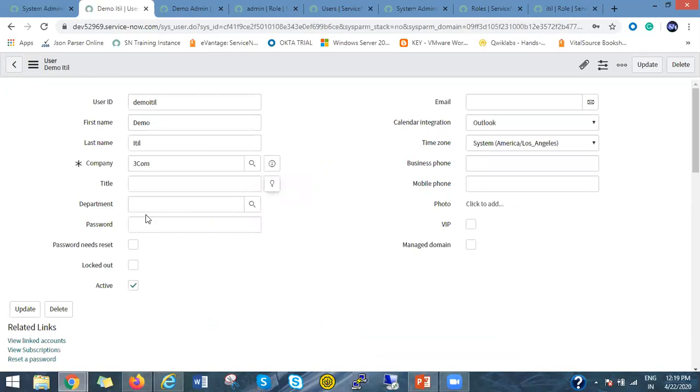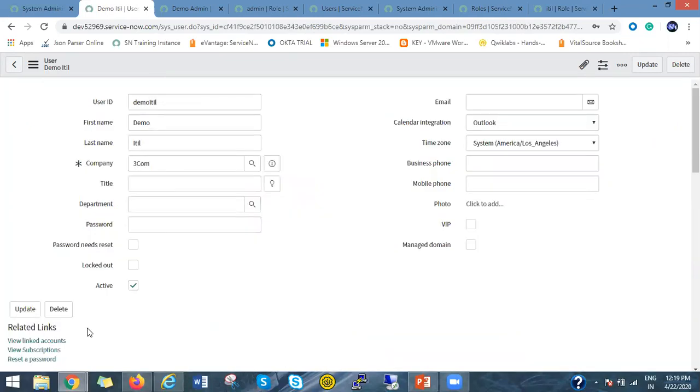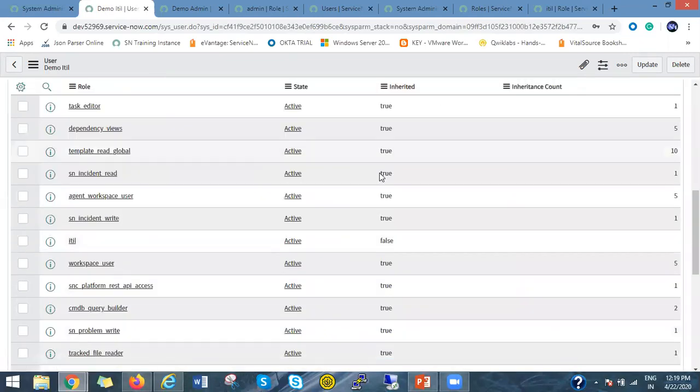Right? So now you can see the ITIL role is assigned to this user, demo ITIL, and you can see ITIL inherited false and other roles inherited true. That means the ITIL role contains all these roles as well.